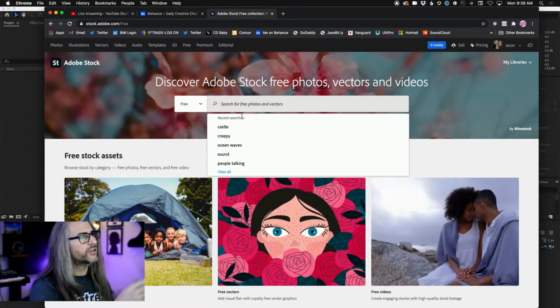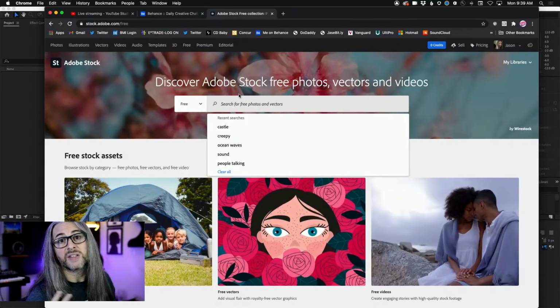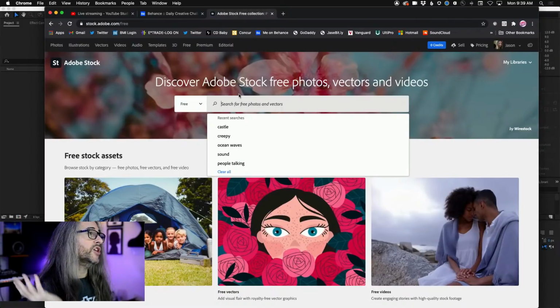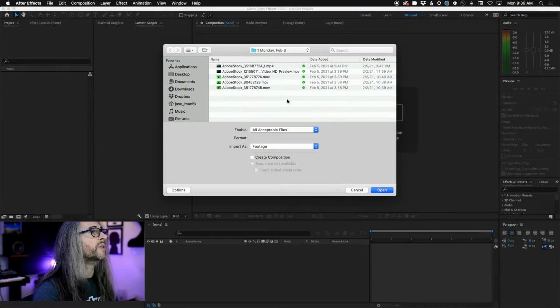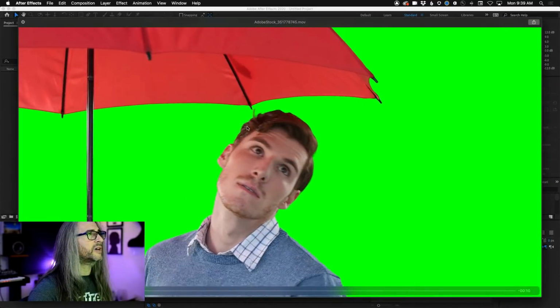stock.adobe.com/free, and in here you can search for whatever it is that you want, photos, vectors, and videos, okay? Almost all of the footage, I have some of my own stuff in here, but almost all of it is from Adobe Stock. All right, so back over here, we're going to start with this Adobe Stock clip of this